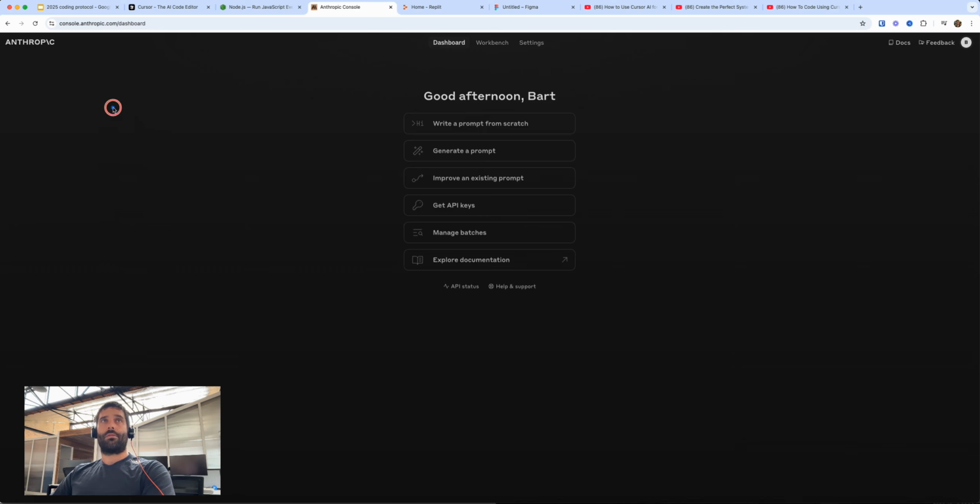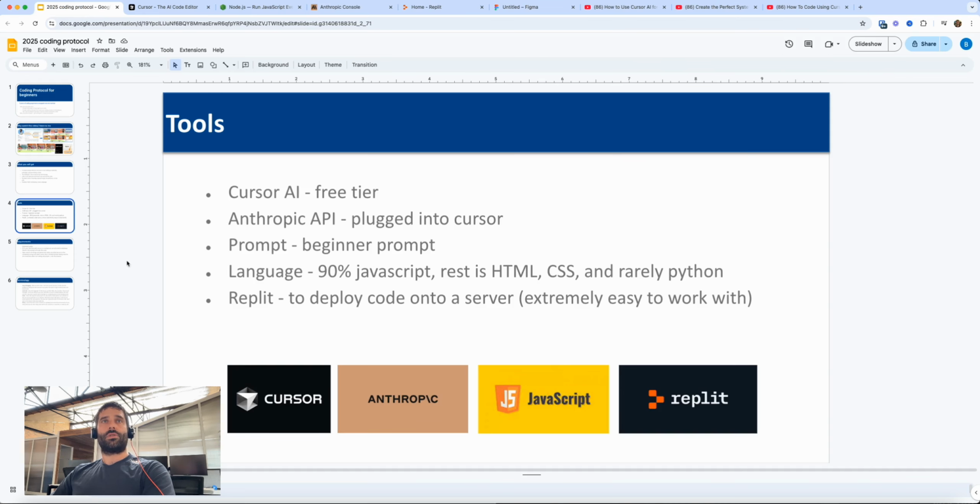If you have a Claude account set up, the ChatGPT version of Claude, you actually need to have a separate account for Anthropic. So just go to console.anthropic.com, go across to your settings, create an API key, and then just add $5-10, and you can start coding straight away. But if it's your first time downloading Cursor, I think they give you a 2-week period for free where you can use the AI within their system already, totally free. So you can just do that. But what I do is use the free version of Cursor, I don't pay for it, and then I use my Anthropic API key.